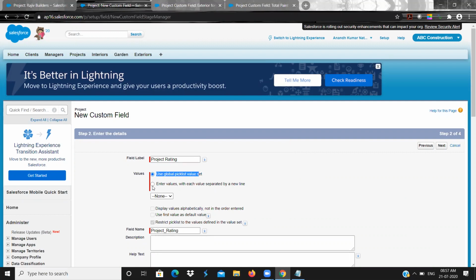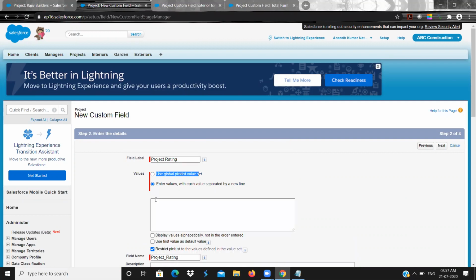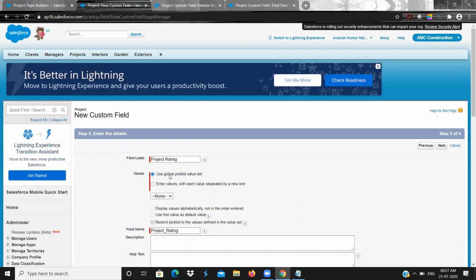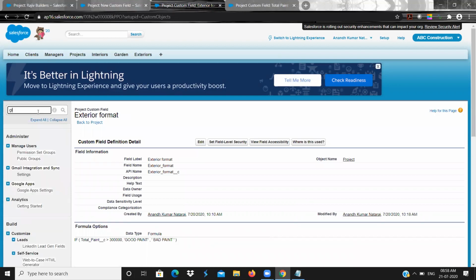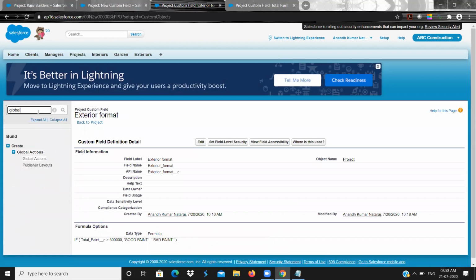If you enter the values here, you can give 1, 2, 3, 4, 5. But here you have global pick list value set. So what this means is you have an option called global pick list. In the next tab, I am going to start typing for global pick list. One second.